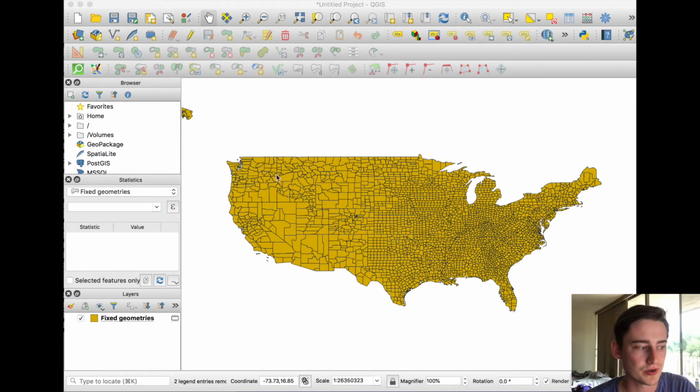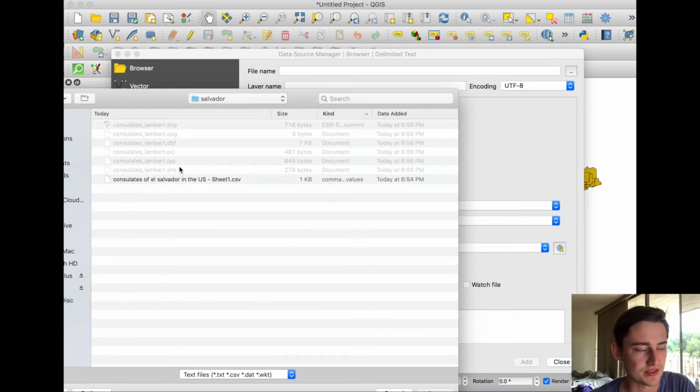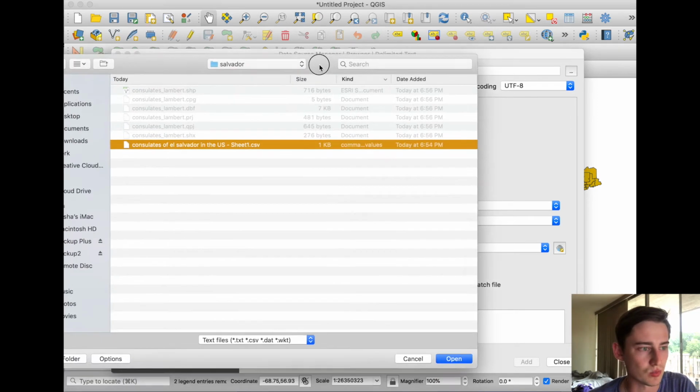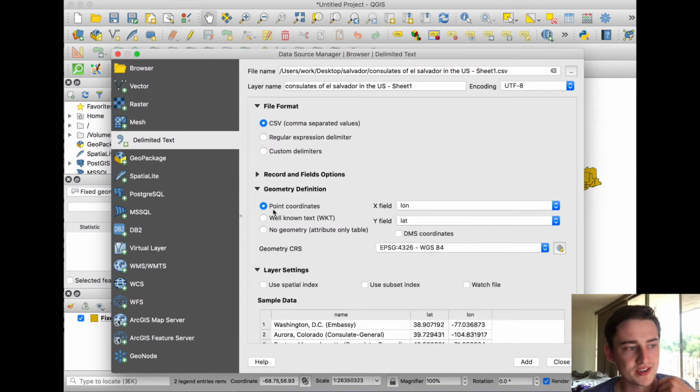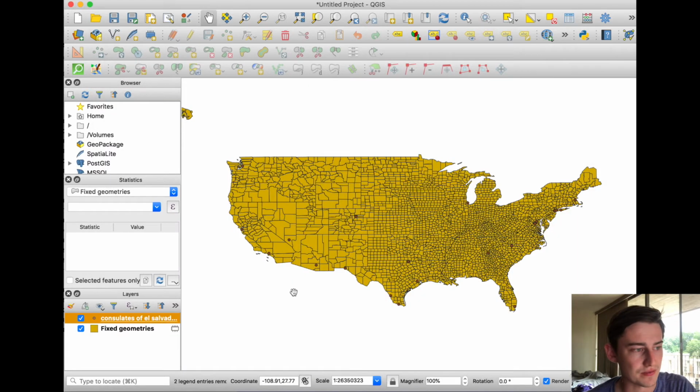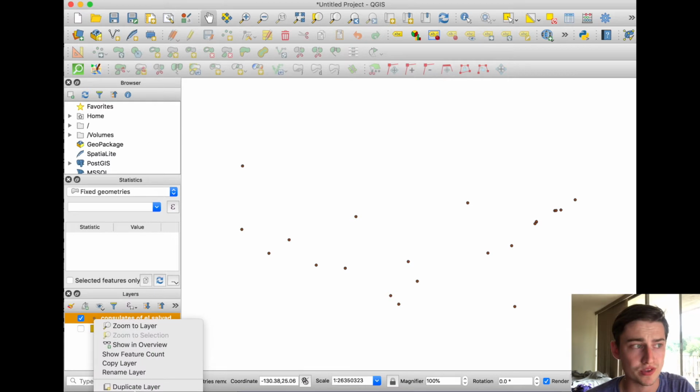But what I'm going to do is I'm going to load in that CSV that I made earlier, and you do that by adding a new layer, clicking delimited text, navigating to where your CSV is located. And once you open that, everything should be all set. Make sure that you have point coordinates, X is longitude, Y is latitude, and click Add, and it should add it for you. What we have to do now is we have to export these points,